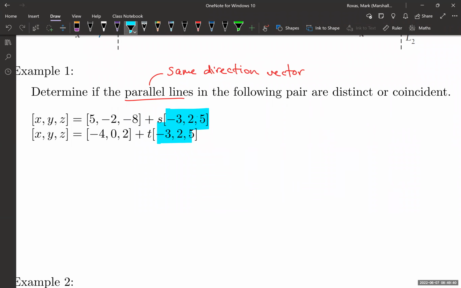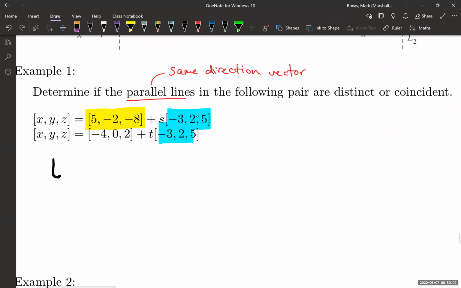Okay, so what points do I know from the first equation? You could try and find some if you want, but we're already given one here, one of these point vectors here, 5, -2, and -8. That's a point vector that's on the first line. So if I want to see if these two lines are coincident, then that point vector should also be a solution on the second line, right? I should be able to say that